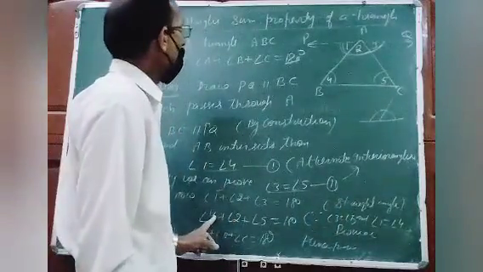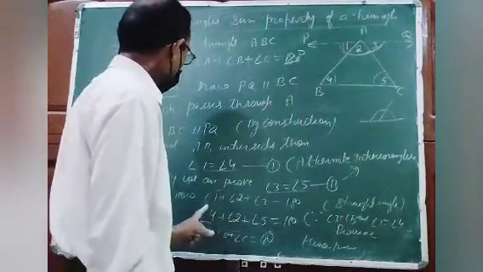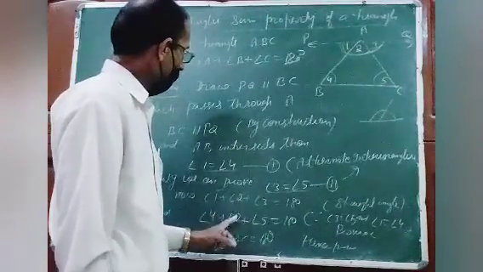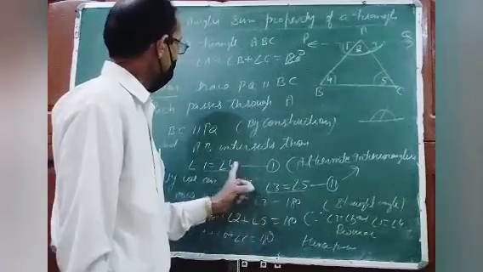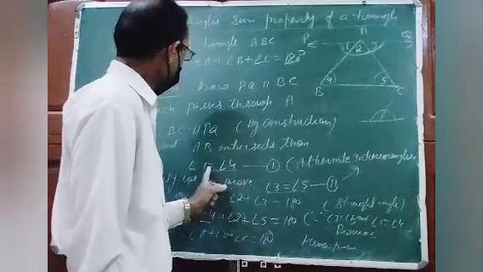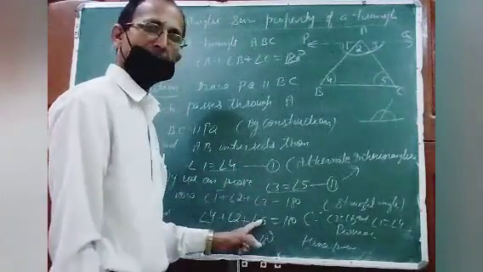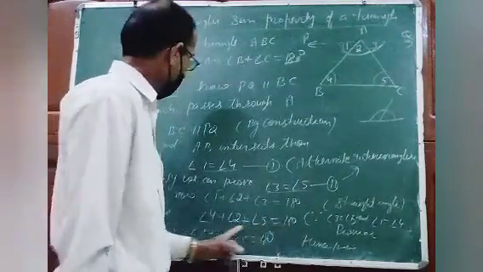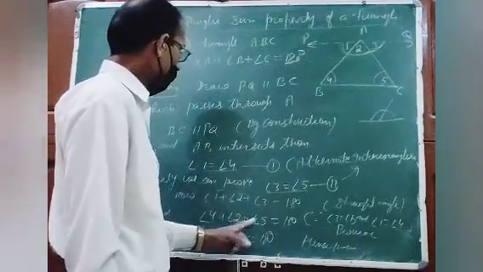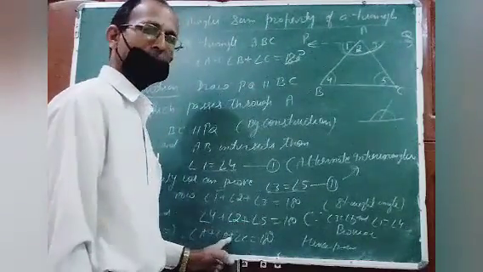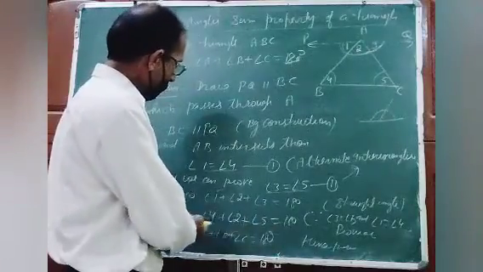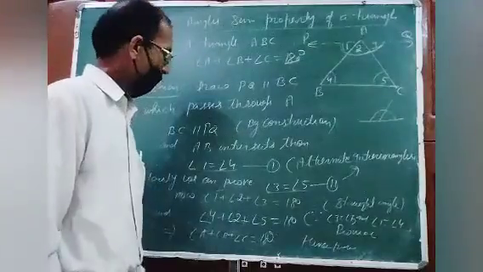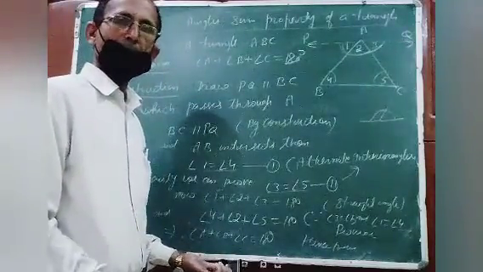So where is angle 1? I have written angle 4. Angle 3 is equal to 5, so I have written 5 here. So angle 4 plus angle 2 plus angle 5 is equal to 180. So angle 4 plus angle 2 plus angle 5 means angle A plus angle B plus angle C. It doesn't matter if angle 2 is written first, because in addition the order doesn't matter: 4 plus 5 is 9, 5 plus 4 is also 9.